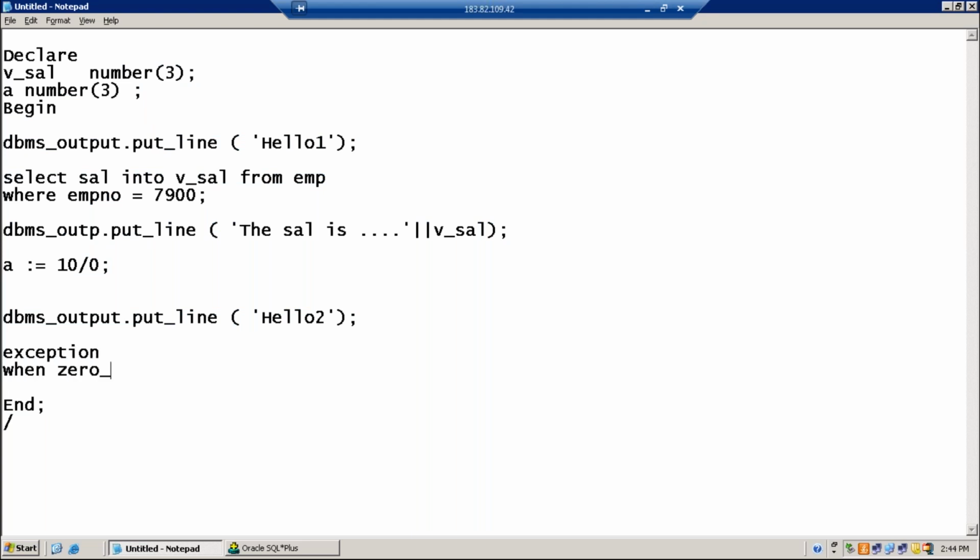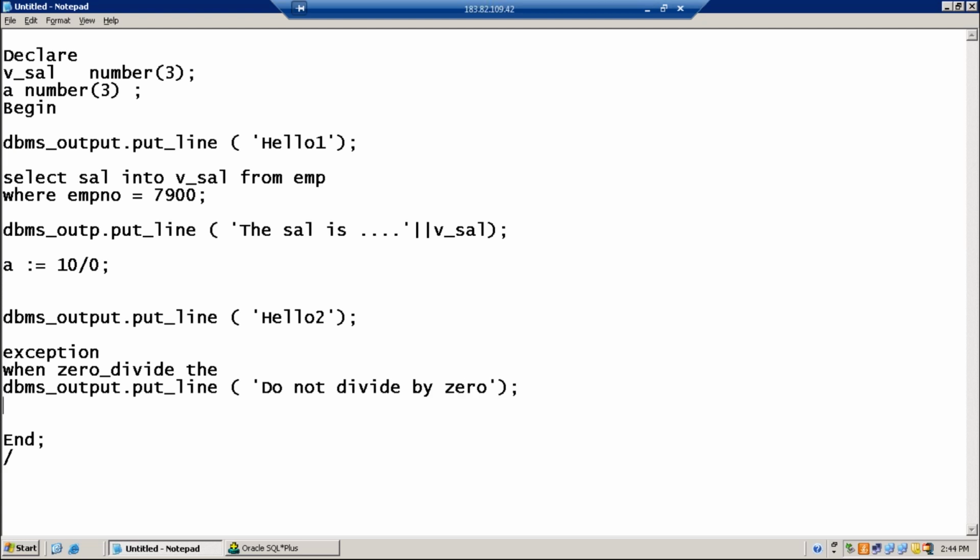When zero divide, then do not divide by zero. And then that's it.